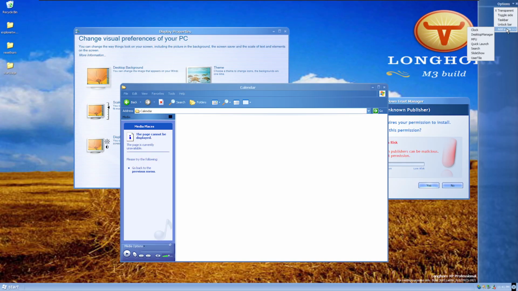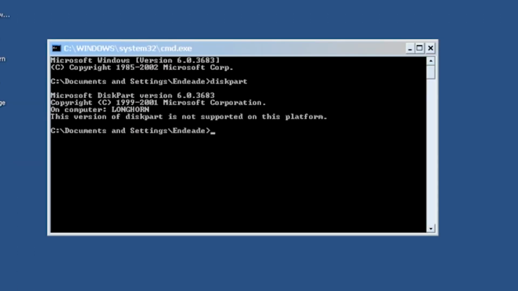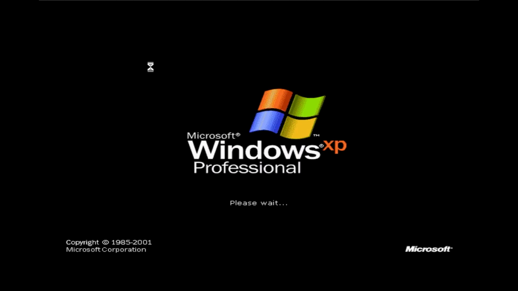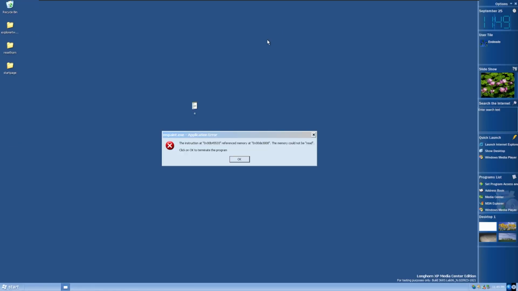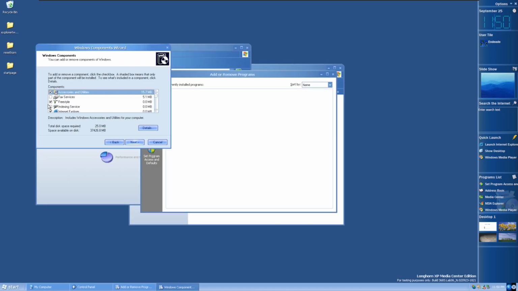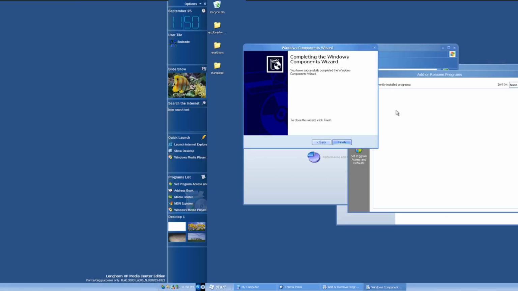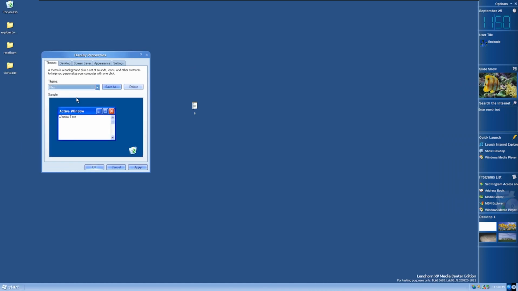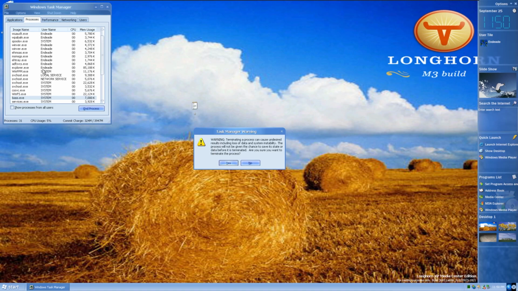While these are all nice features and changes, there are a lot of bugs, such as diskpath not working due to the version of diskpath not being supported on the platform, OOBE taking longer times to launch, Explorer being very slow and logging off crashing it, painted mshca.txt crashing on exit, Media Center not being able to be uninstalled, upgrading being generally broken, Luna being referred to as Plex, downloading files crashing IE, Task Manager being able to terminate critical